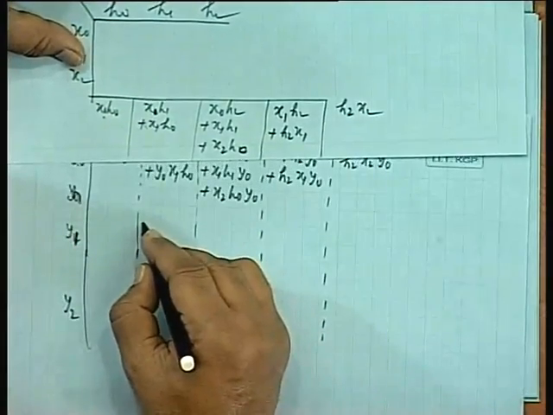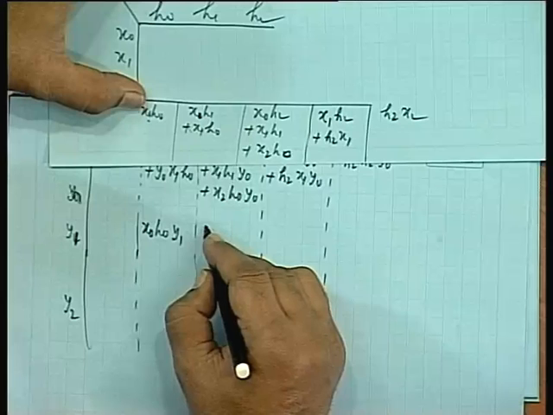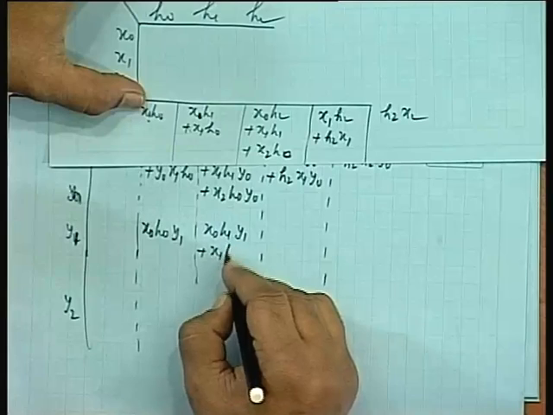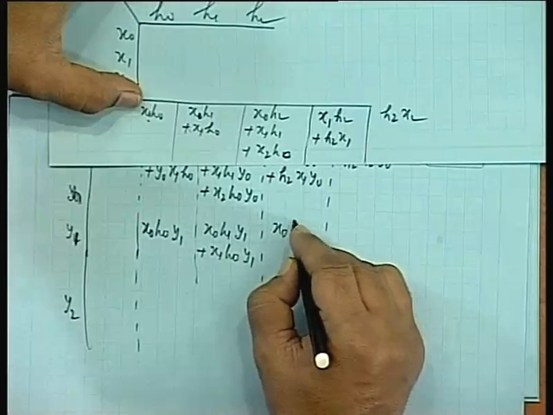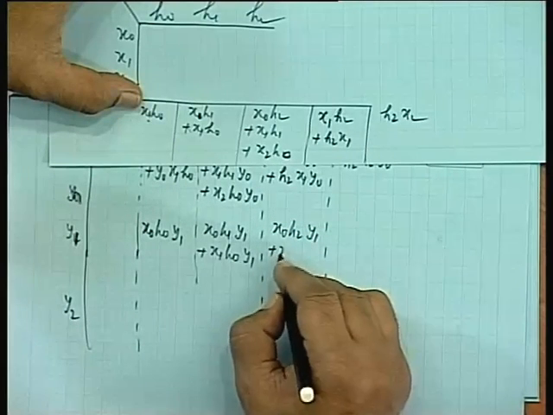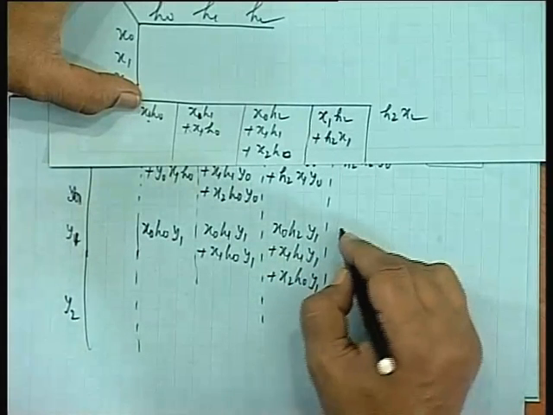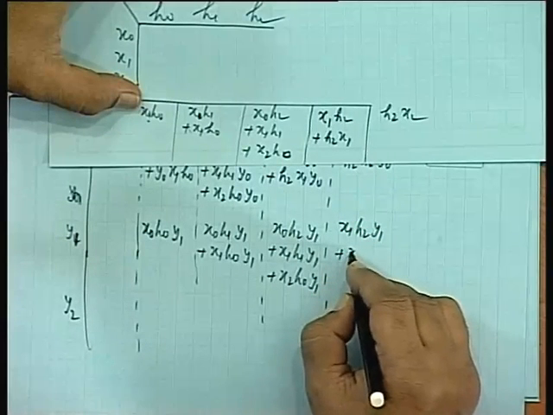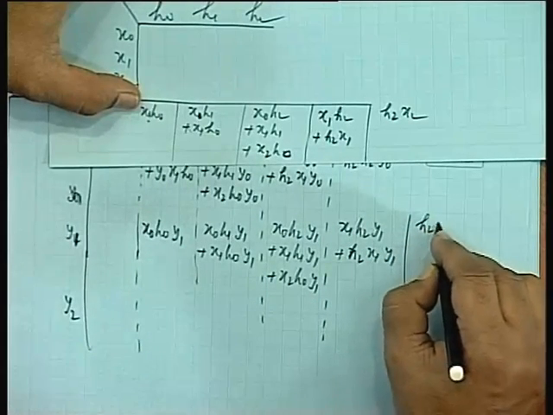So, here it will be x0 h0 y1, x0 h1 y1 plus x1 h0 y1, all of them are multiplied just by y1. x0 h2 y1 plus x1 h1 y1 plus x2 h0 y1, and here it will be x1 h2 y1 plus h2 x1 y1. Next it will be h2 x2 y1, and lastly